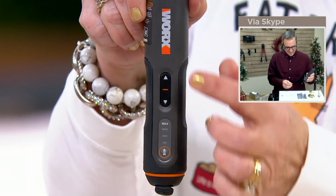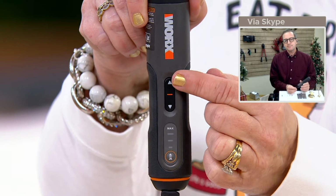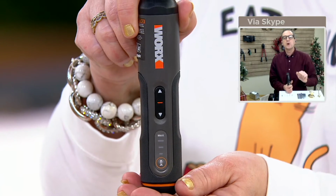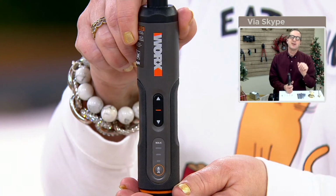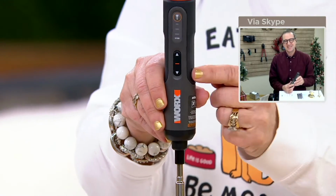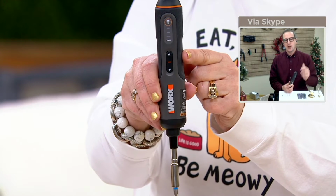I love it. Howard, while we're doing this close-up, let's take a little tour of what we're looking at here. So this is screwing it down. This is unscrewing it, right? Depending on which way you're going. The arrow is the way you're going to put the screw in. So the down arrow, you have it upside down. I do. I'm sorry. Yes, because normally you would hold it this way, right? Sorry. Yes, exactly. Okay. So that button puts the screw in, and then the one that goes up takes the